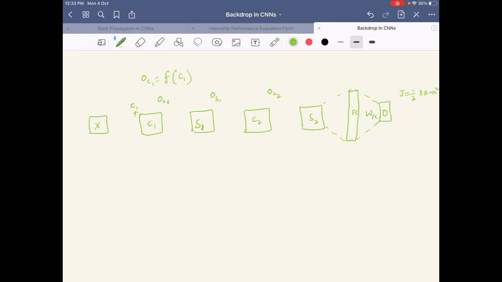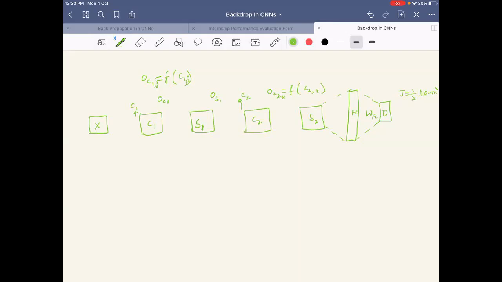Because we assume that the dimensions are exactly the same as those of C1. Also, if we consider C1 of J, here it will also become J. O also has the same number of maps, same dimensions, all those aspects. Similarly here, the output is C2, and OC2 is equal to the activation function of C2, and if you have K maps here, let it also be K maps, right? So exactly in the same manner.